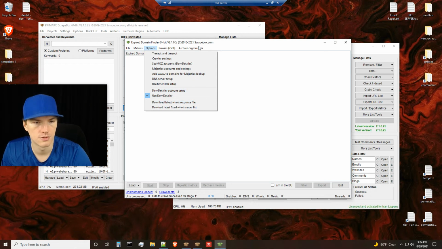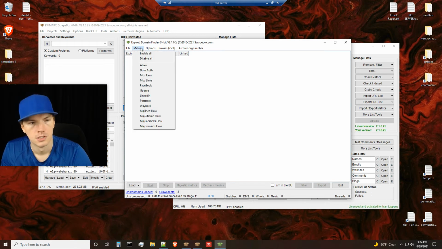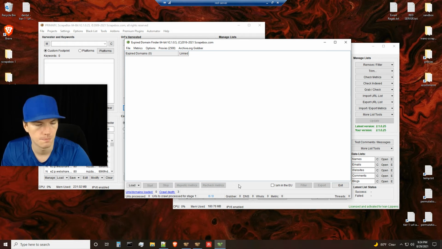Then there's all this other stuff. You can look at that on your own if you want to handle data that way. I prefer to use my own URLs, but that's, again, up to you. For metrics, you disable all this stuff. It processes a lot faster if you can just focus on the expired domains. Then you can externally process it through DOM detailer. Okay, so under